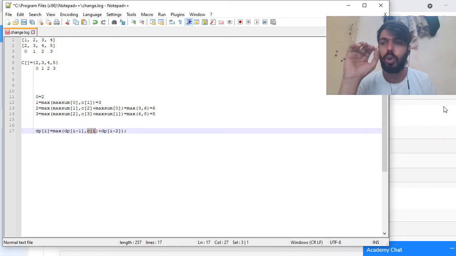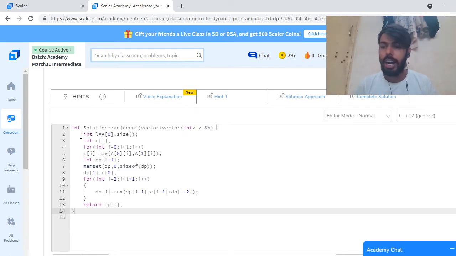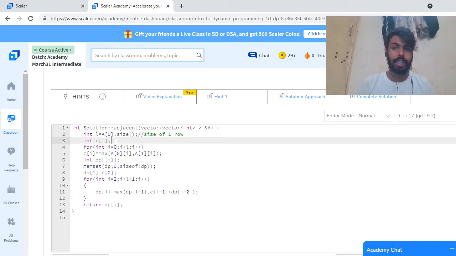Now let's move to the code, and you will get more clarity after seeing it. Int L equal to a0 dot size. I have found the size of one row. I have created one temporary array of size L that will hold the maximum of the ith index for both rows.